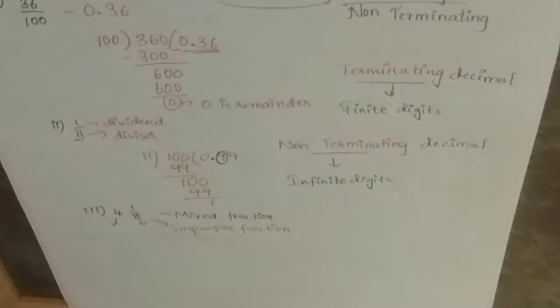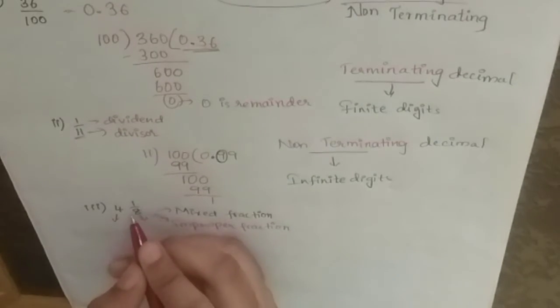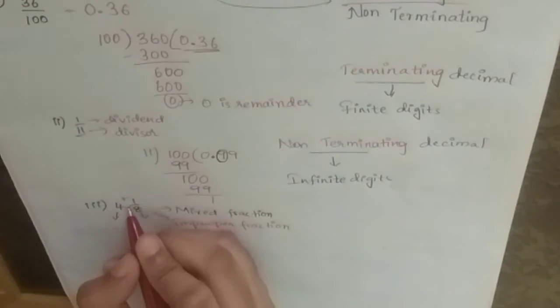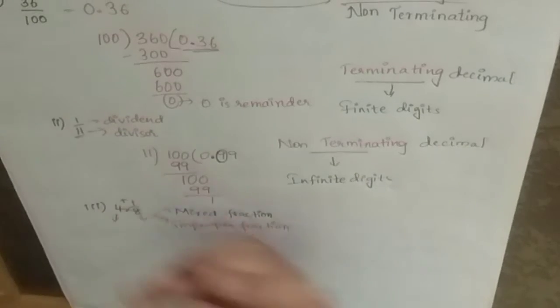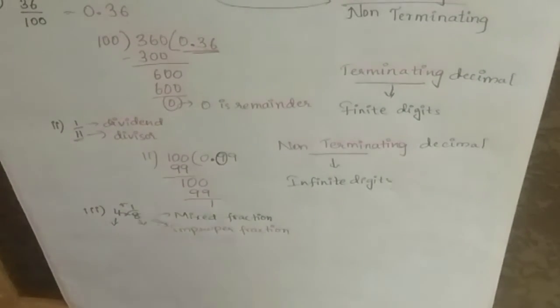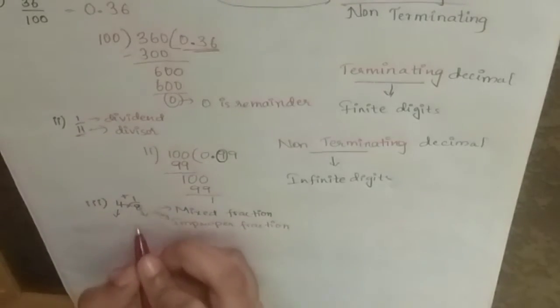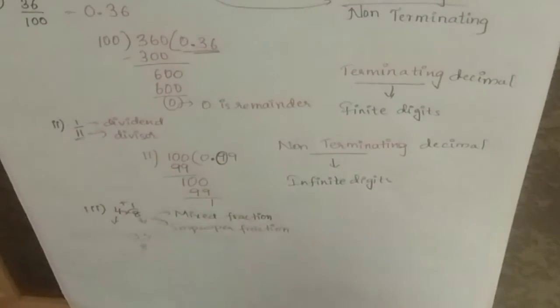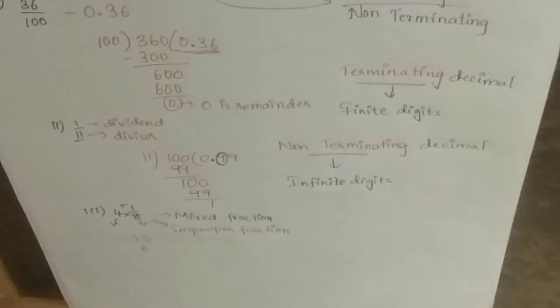What you're supposed to do, there's a very small formula: here, multiply by here, plus the numerator. If you do that operation, you are going to get 8 fours is 32, and 32 plus 1 is 33. So 33 by 8. The denominator is the same, no? Yes. So that is going to be your improper fraction. Now let's do all those operations.